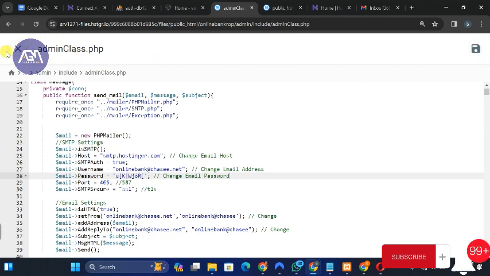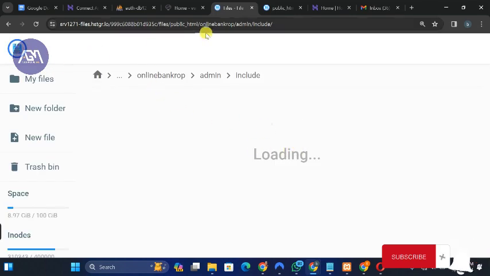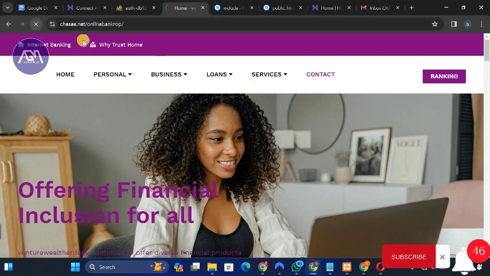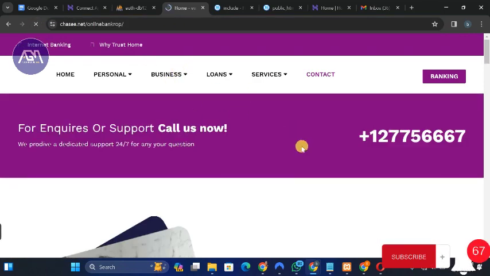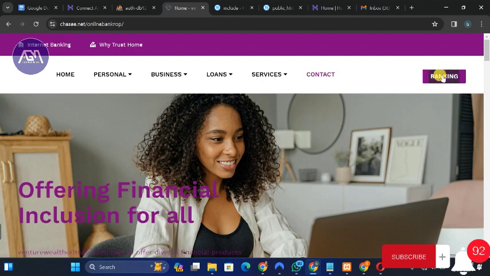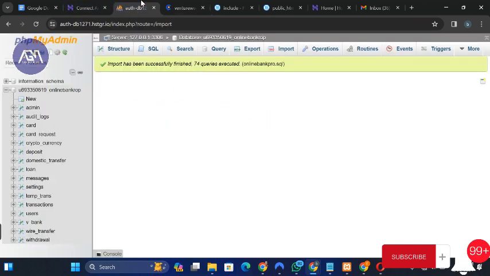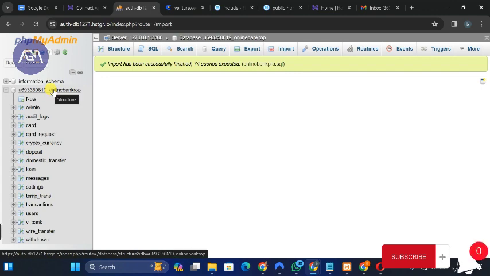All right, now that it's saved completely, what we can do next is go back to the SMTP configuration and just refresh. Now, if a user creates an account, you will see that the user is going to receive a mail. But before we even go and create an account, we have further updates to do in the database aspects of